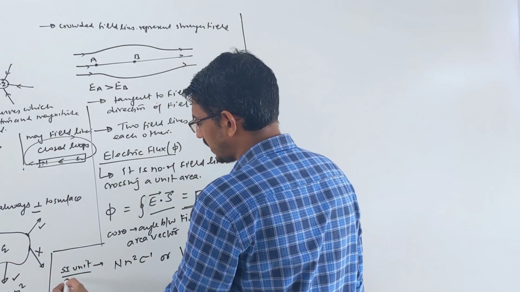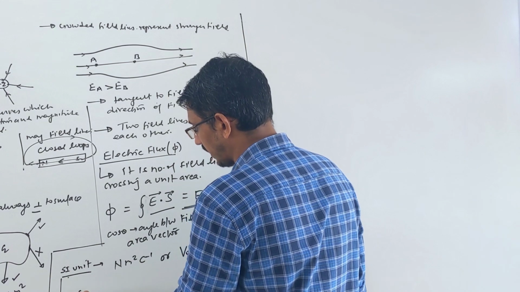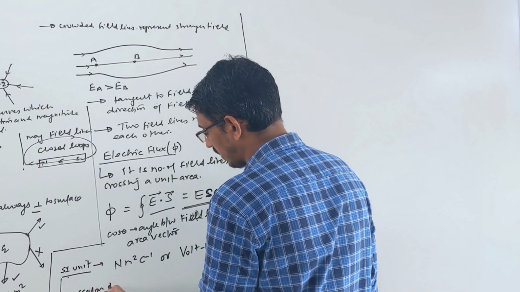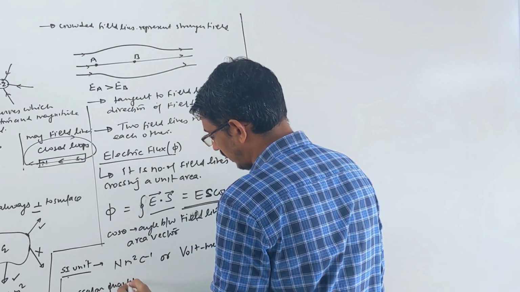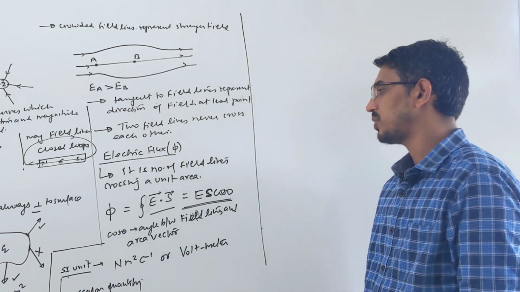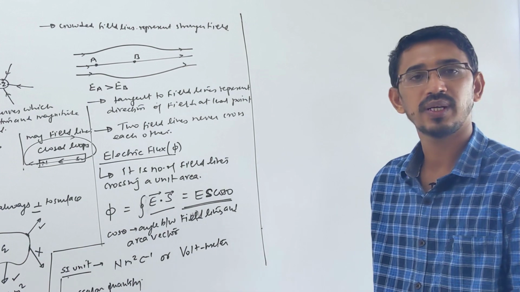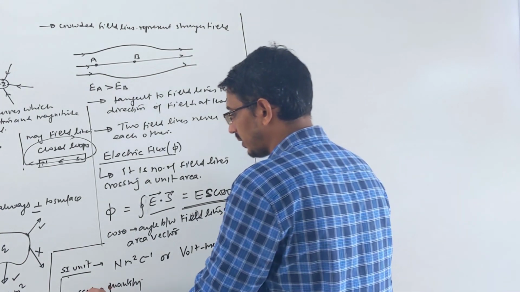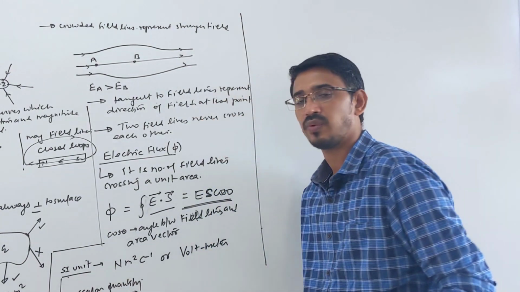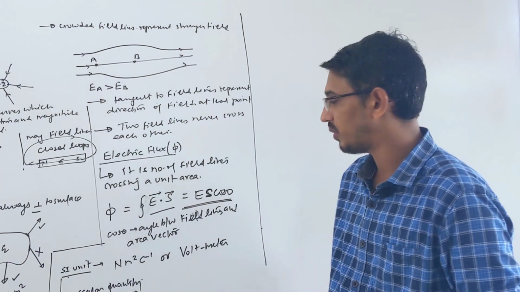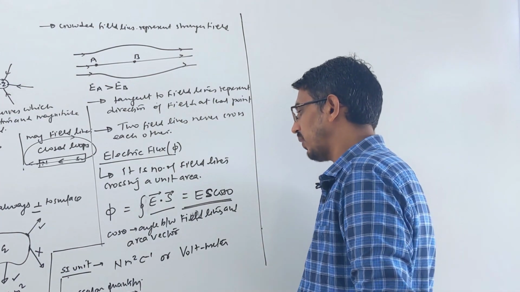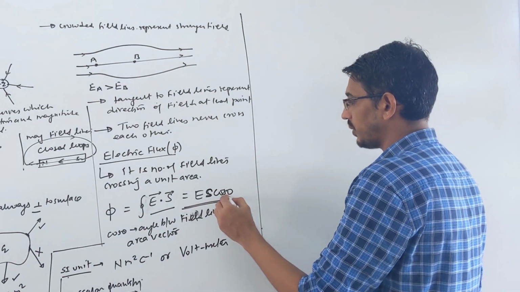Then what type of quantity is this? It is a scalar quantity, keep that in mind. What's the meaning of this? If you have a positive charge, you will get positive flux, and if you have a negative charge, we call it negative flux. So if you want to add 2 fluxes, 3 fluxes, or n number of fluxes, just use the algebraic rule, plus and minus. So the angle is clear to you.